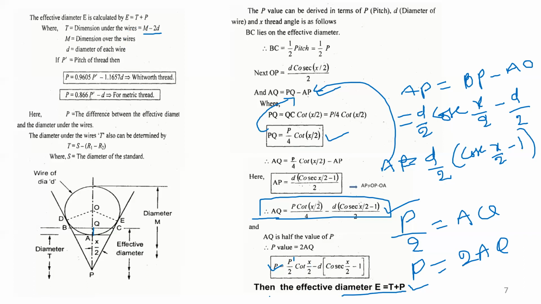But the limitation of the two-wire method is that alignment is not possible by the two-wire method, and this can be provided only by the floating carriage micrometer or floating carriage machine. So with the help of a floating carriage machine only, the two-wire method can be used for measuring the effective diameter, because the alignment is not possible by two wires only.